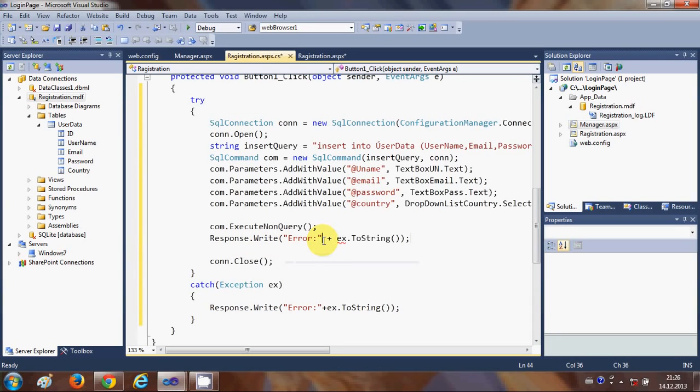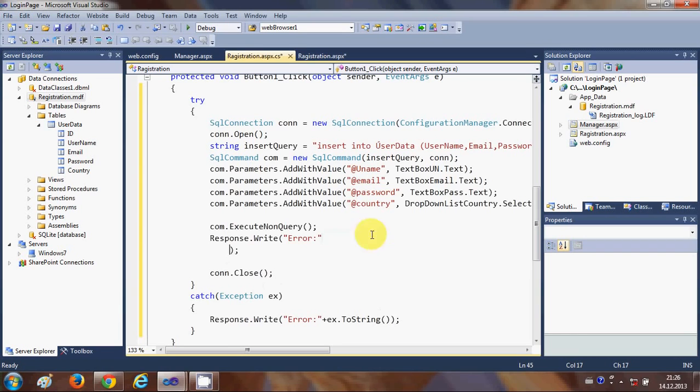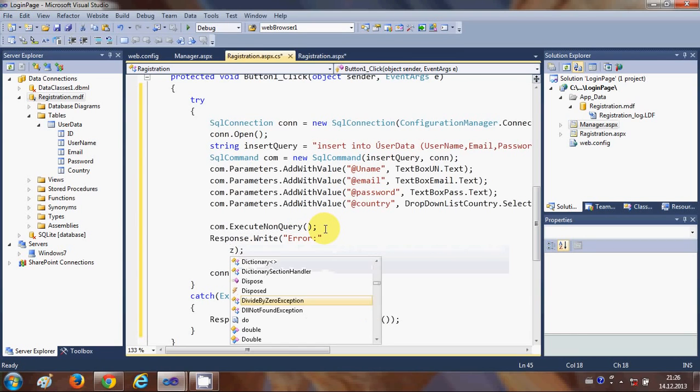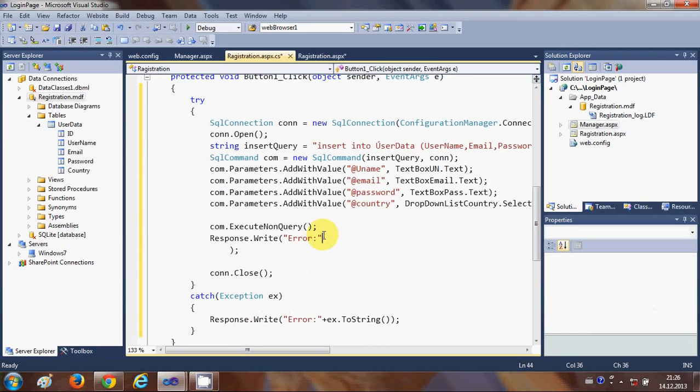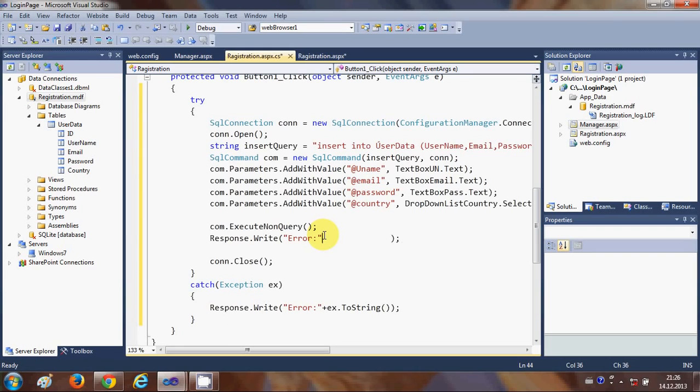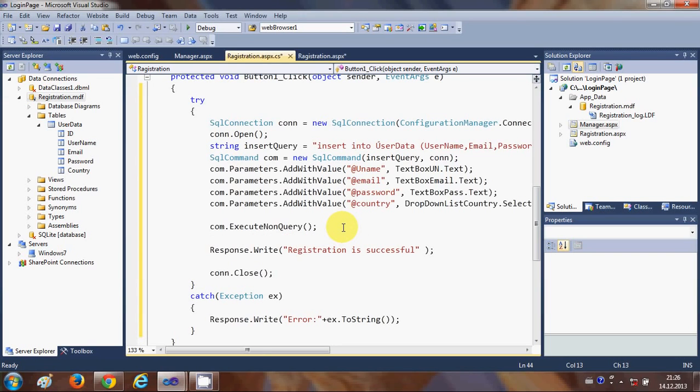So I will copy this response dot write, and in here I will write registration is successful. Okay,